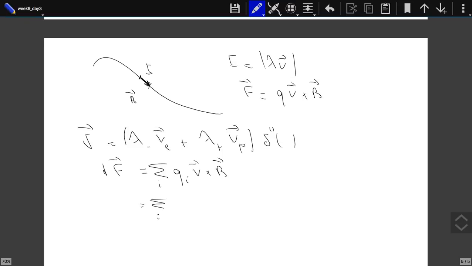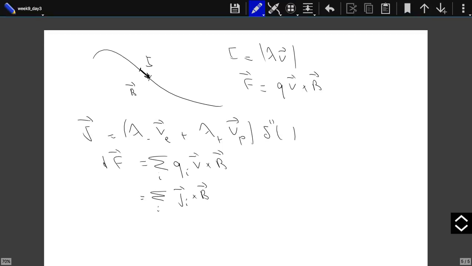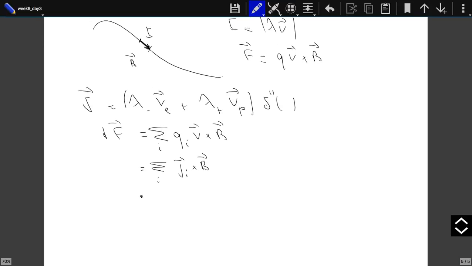But Qi times V is nothing but J, let's say Ji. The sum over Ji is the sum of all the current running through my wire, but that is nothing but